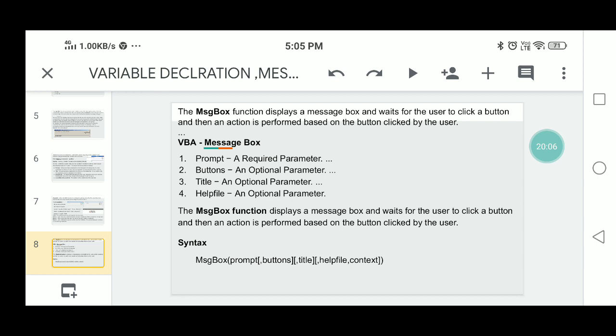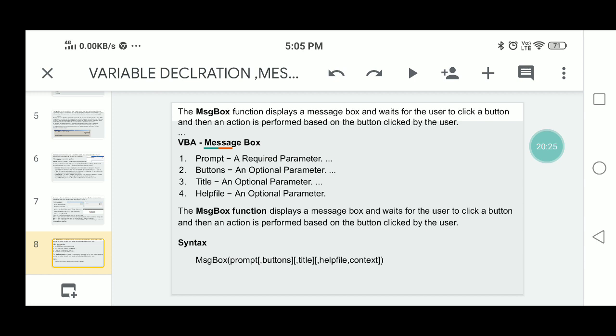Then next, what about the message box function? This message box function displays a message and waits for the user to click a button, and then an action is performed based upon the button clicked by the user. So this is another function.